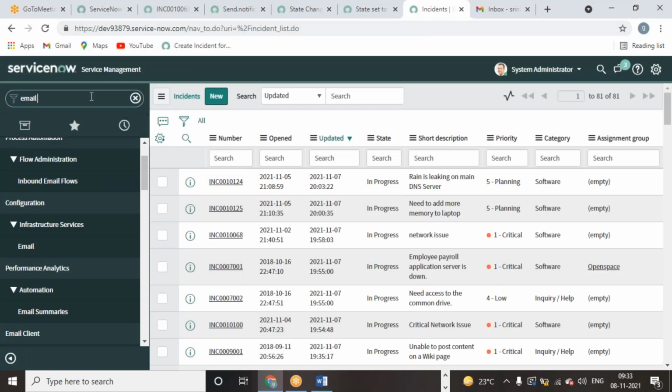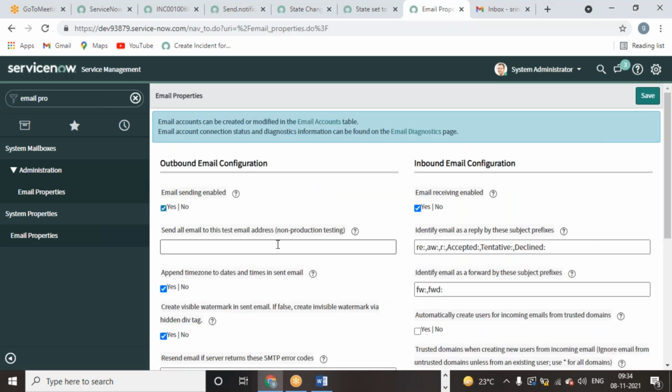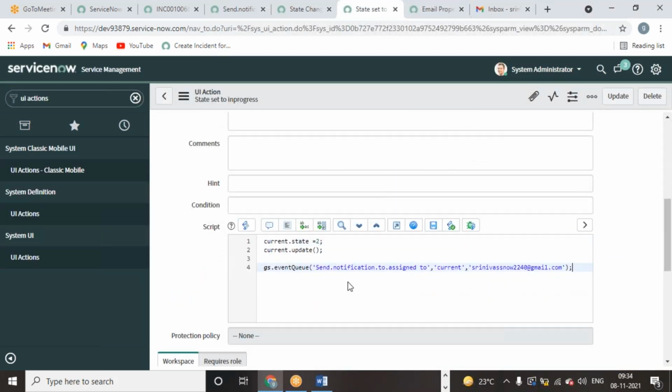And email properties. Also, let me check whether it is yes, user enabled properly. Current state equal to